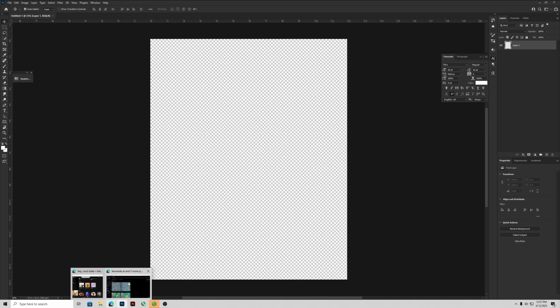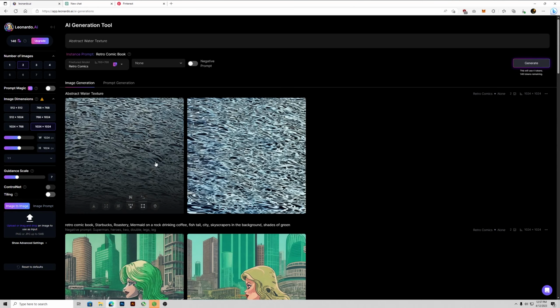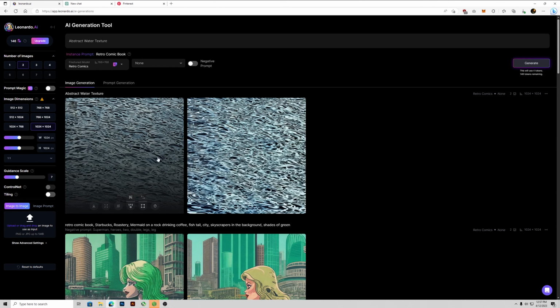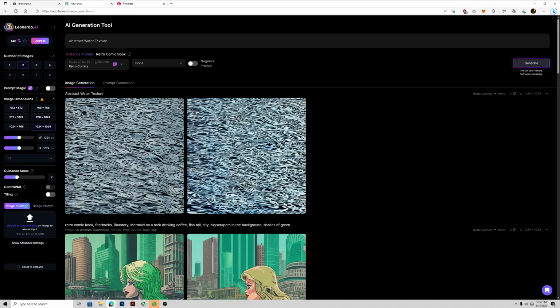Let's go see if that image is generated. It has. Maybe it's a little too rough, a little abstract, so we're gonna do smooth abstract. And you really just want to be typing words that describe the image that you're looking for. So we're going to do water, crashing waves, white caps,